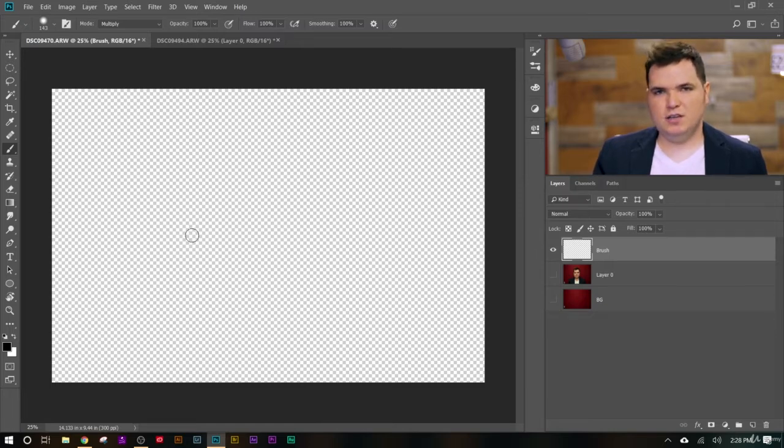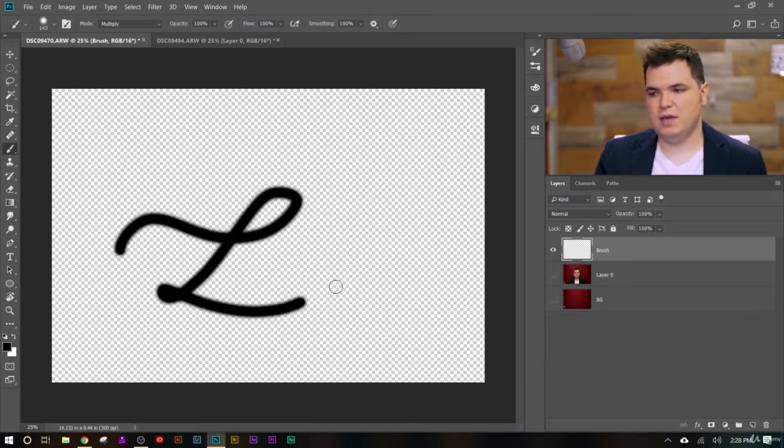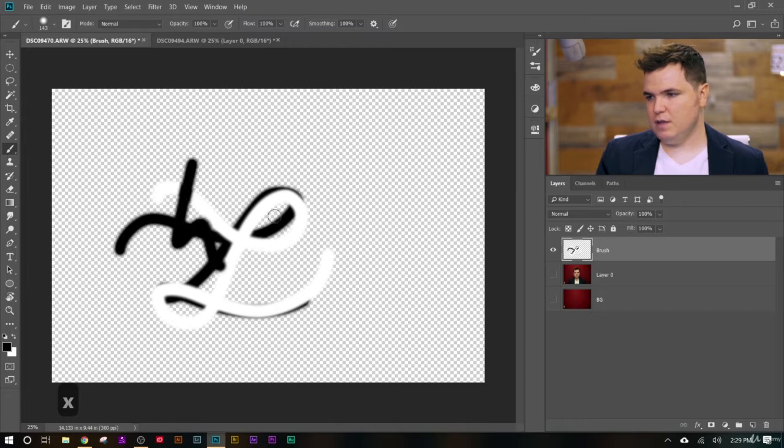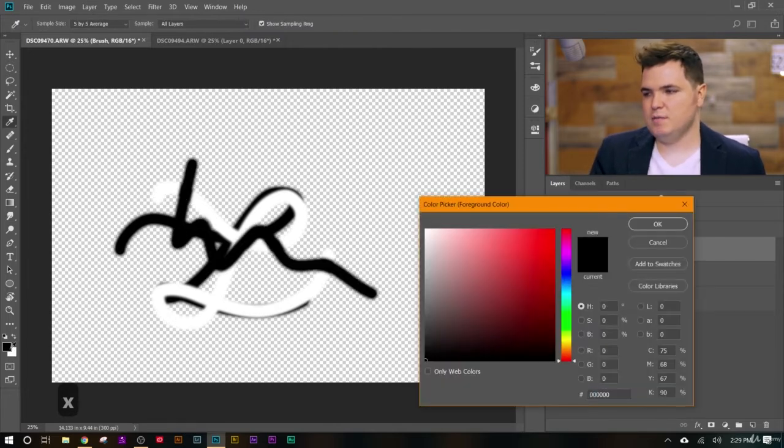Remember that when you're selecting your colors to use with the brush tool, you can go down here, and whatever is right here in this little box is your foreground color, and that's the main color that's going to be used as you paint. The background color is going to be shown right here, and if you want to switch them back and forth, you could click on these little arrows or press X on your keyboard, and that'll flop the foreground and background colors. So if I wanted to, I could go ahead and paint with white on here, and you can see that. If I push X again, switch them,